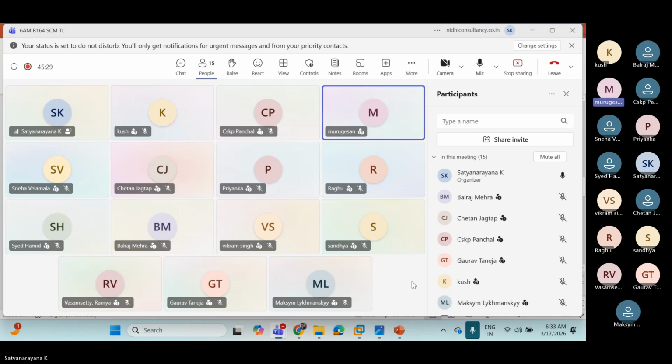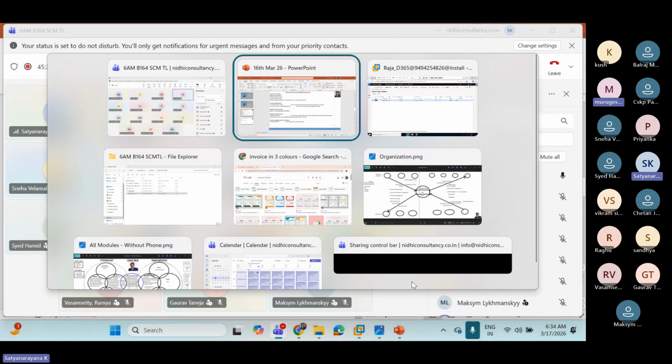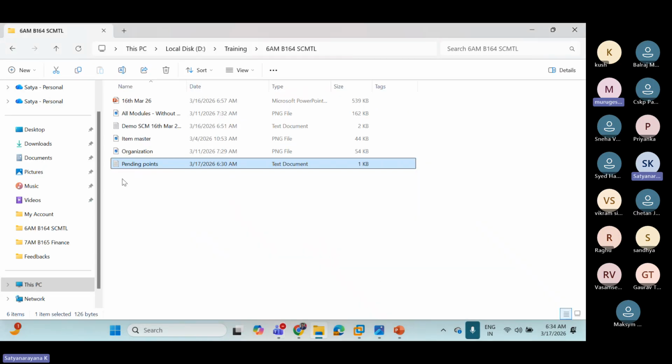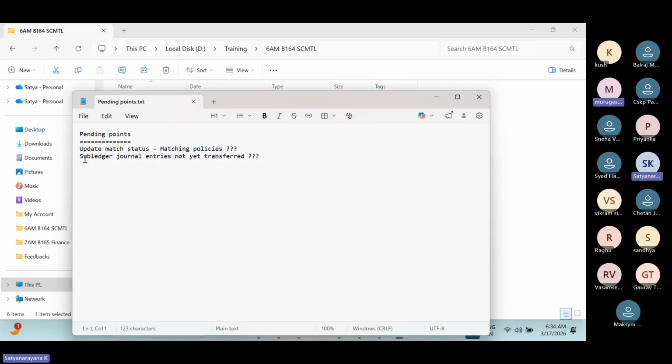Again, when you are booking the invoice, it will not automatically hit the accounting entry. You need to go and do the transfer in the practice environment, but in a real-time scenario it is not required. In a live environment it is not required. In the practice environment you need to do it. I will explain the reasons behind it.